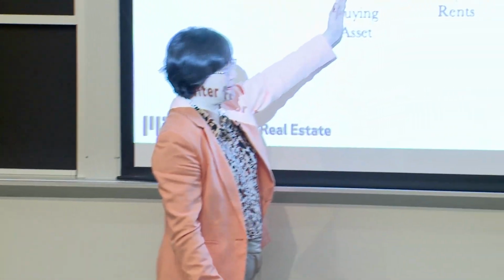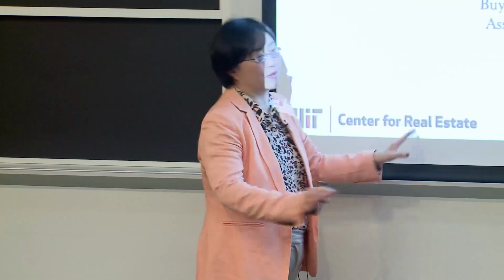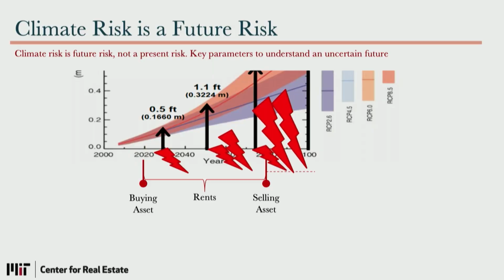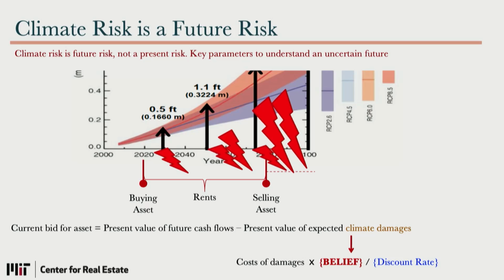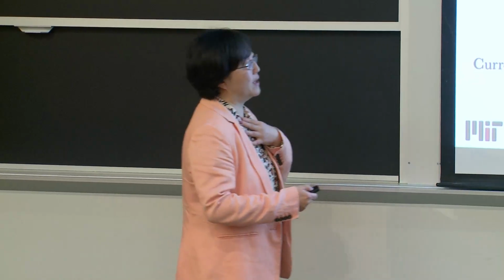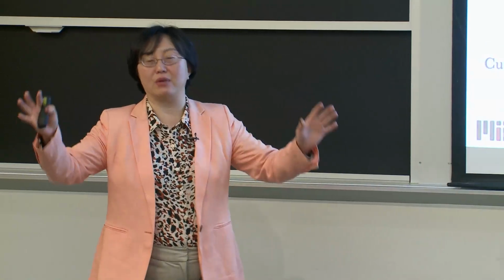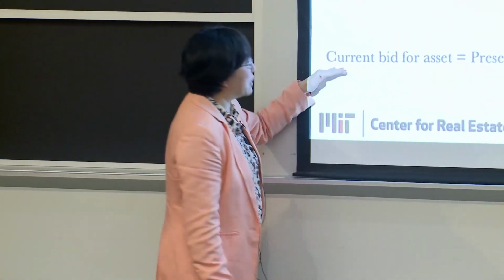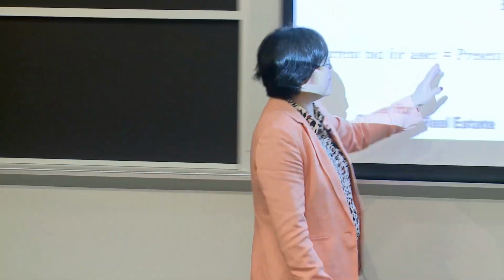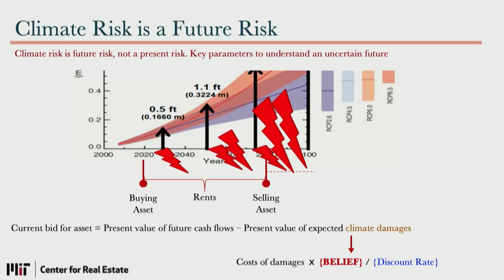Now maybe no problem. Just now Juan showed the seaport. For now, no problem. But then little by little, more and more hurricanes and sea level rise and all kinds of things happen. So conceptually, me as a buyer in 2020, I stand here at this moment to consider whether to buy or not, and my bidding price. So my current bid for the asset is the present value of the future cash flows, for example, all other things, minus the present value of the expected climate damages.